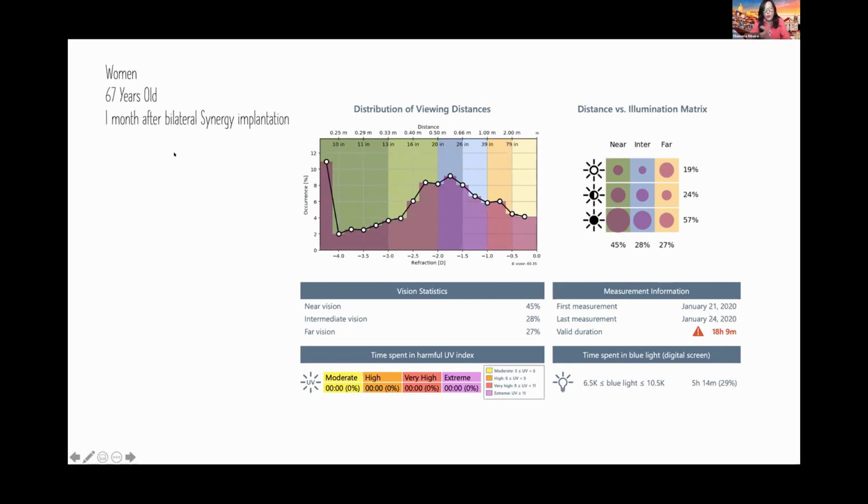So this is, for instance, one example of a woman. She used the device 1 month after bilateral implantation, and we can see how this patient really used all these distances that we wanted in the pre-op.